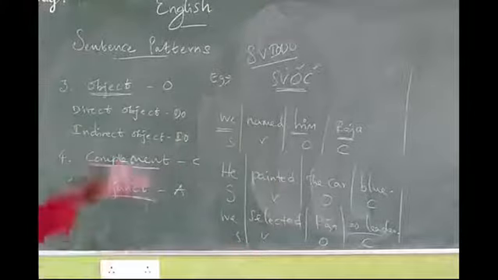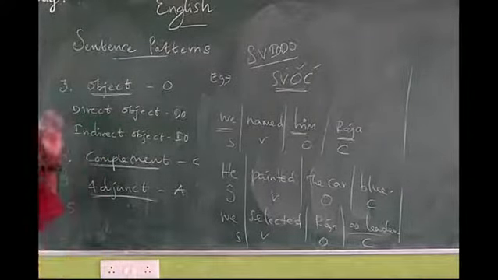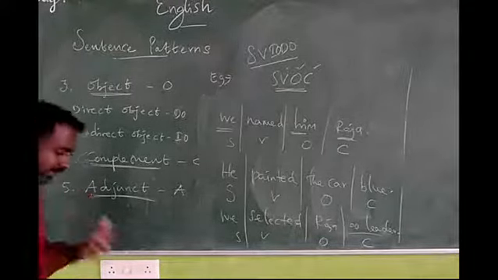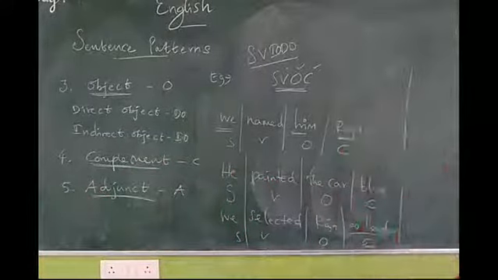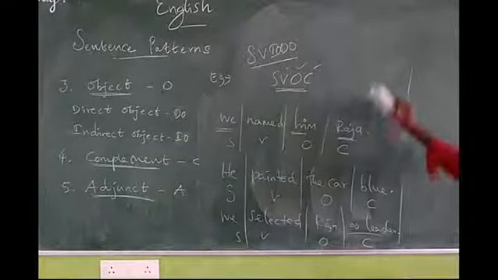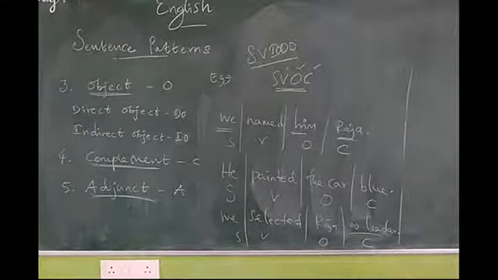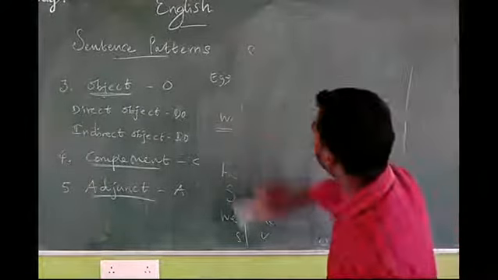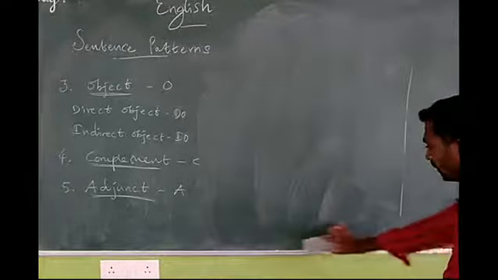So dear students, there are nearly 5 parts we discussed over nearly 2 classes: subject, verb, object, complement and agent. How we can identify, how we can write, what are the steps to be followed to identify whether the given sentence is subject plus verb and object or agent. So I have given an easy way here. See, in the examination they will ask you many questions, so you have to be ready to write.